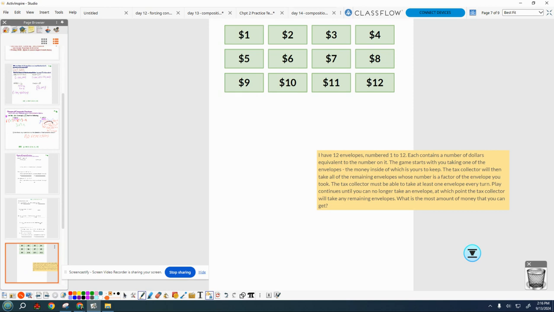So we need to basically there's two sides. It's us and the US. So every time you pick a number, the tax collector takes every number that's divisible by that. So for example, if I pick the number 10, the tax collector takes 1, 2, and 5. I could see the first one just to make sure I'm on the right track, because they're all